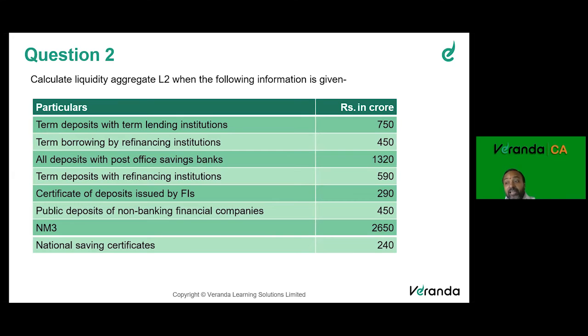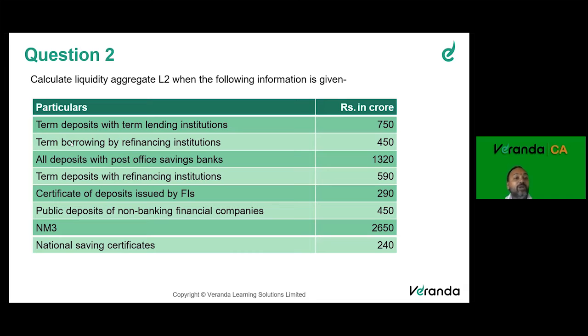And M2 adds the deposits of the post offices. Along with that, if you add the time deposits with the banking system, that constitutes M3. And finally, M4. M4 means M3 plus the total deposits with the post office savings organization, except national